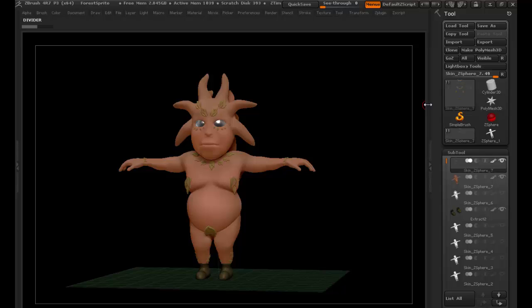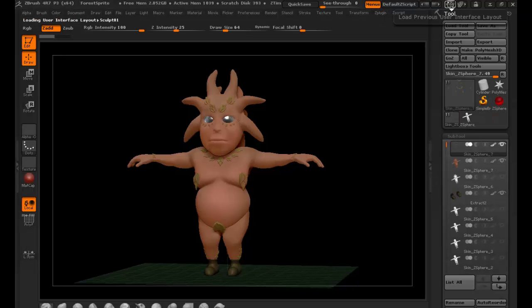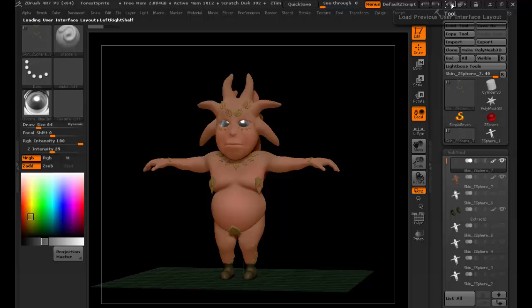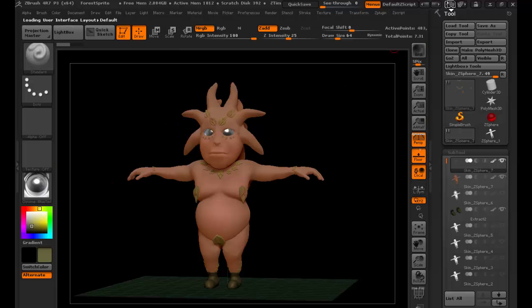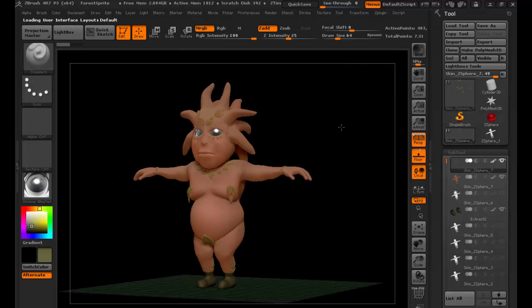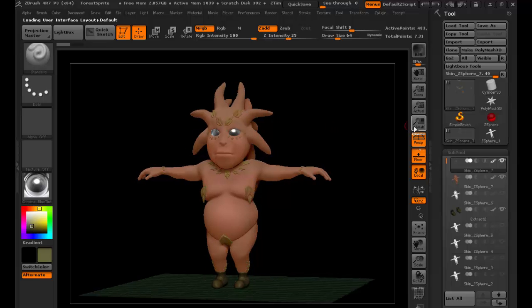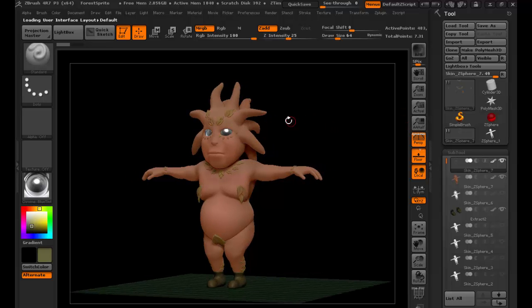All right, now where'd my bar go here? I may have hit the wrong button. There we go. Let's switch this back. Oops, that's interface colors and interface layouts. So over here, this is all interface layouts. That's a good one there. Yeah, that's not a good one. I want that one. There we go. All right, so now that I have this, because I needed this bar up here,